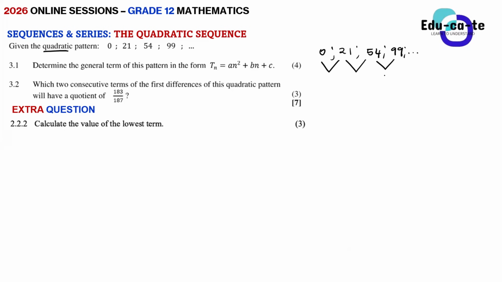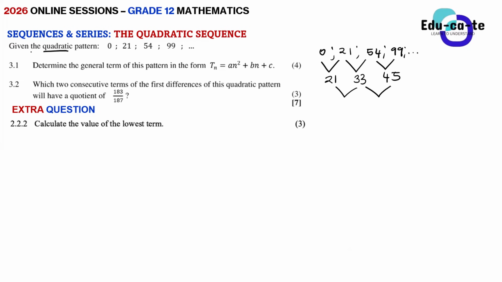Quickly, guys, punch in the calculator. 99 minus 45 is 45, and then 54 minus 21 is 33. And then 21 minus 0 is 21. Cool. And then if you try to establish a second common difference, because they've already told you it's